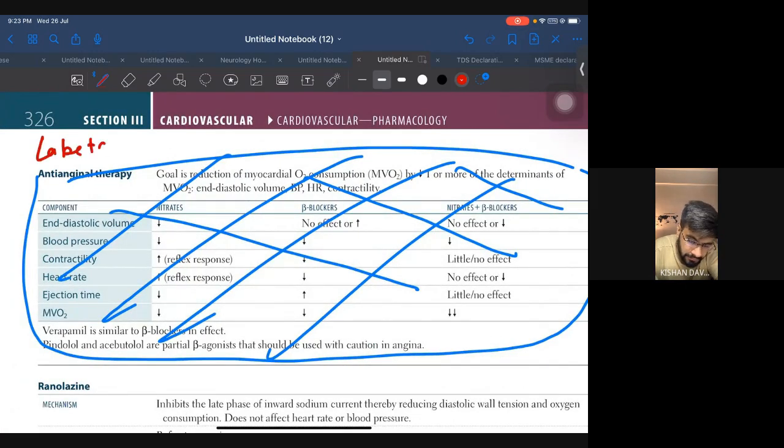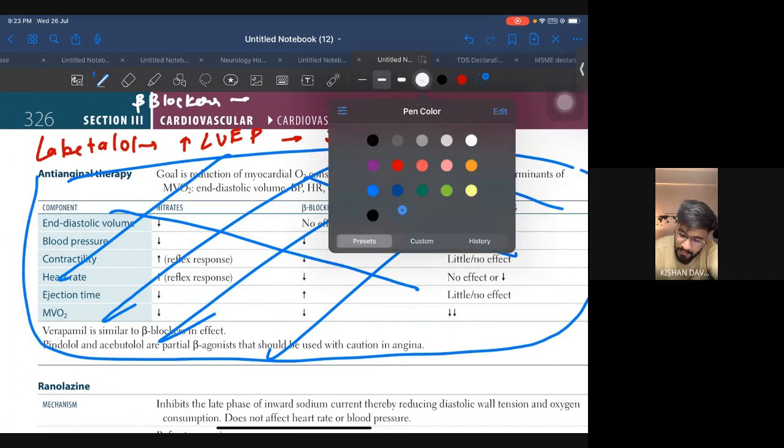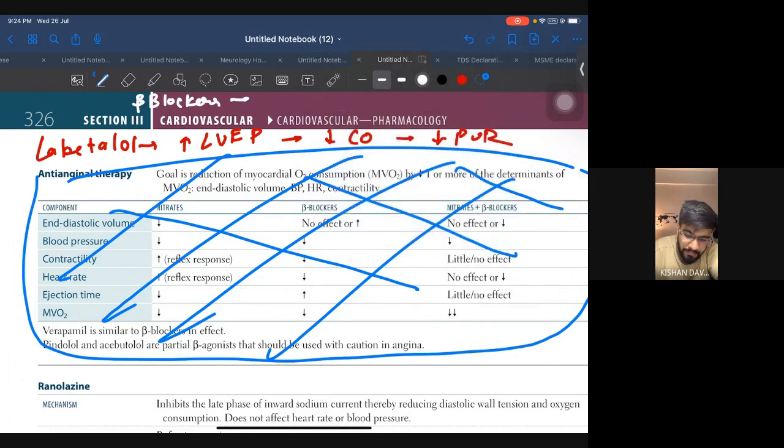Labetalol: increase in LVEDP, decrease in CO, decrease in PVR. Okay, labetalol का ये function है. So yeah, one point. Beta blockers. This is important because UWorld का line है ये. बाकी if you want you can avoid it easily. Okay, so yeah, beta blocker